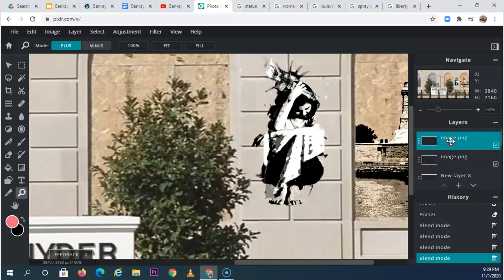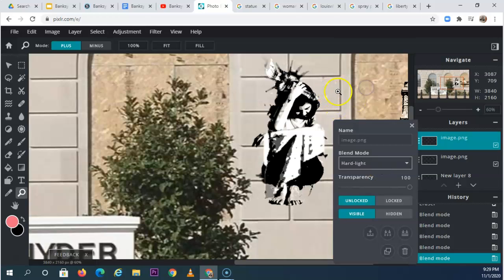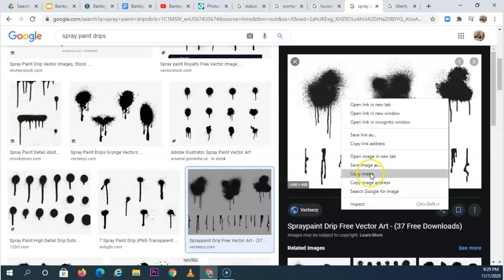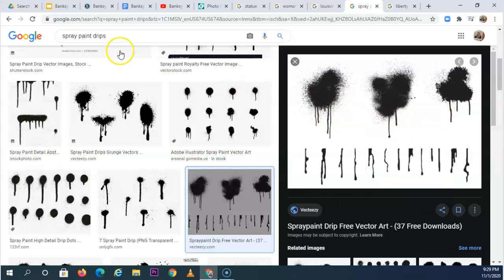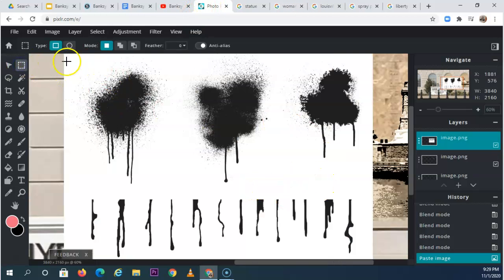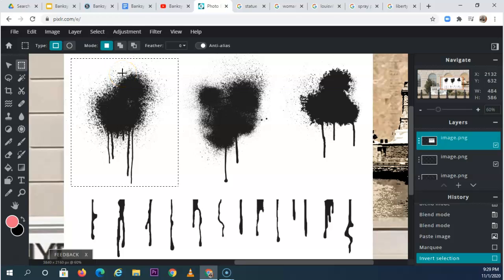Now there's one last thing to really sell this, and that is to use these spray paint looks. Okay, so I'm going to right click, copy these images, and these are spray paint drips, and I'm going to paste them into my Banksy picture, and I'm going to probably just select one that I like, so I draw a box around it. And this is a nice trick. Go to select and inverse selection, so it selects everything except for that, and then I'm just going to delete it,